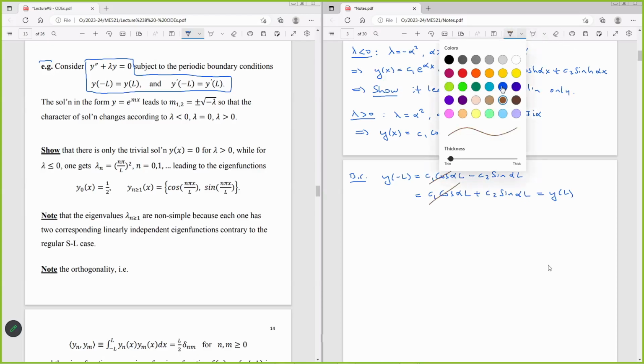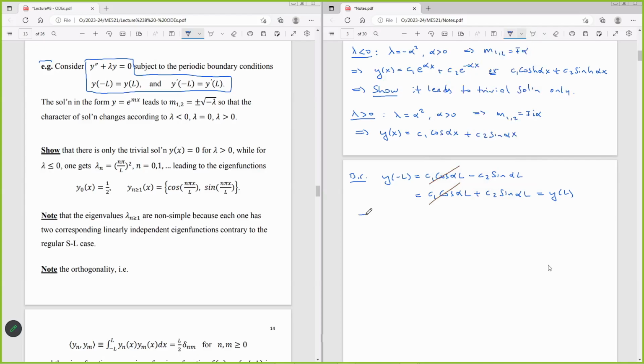So you end up with what? 2C2 sine alpha L to be 0. And you don't want C2 to be 0, right? So I'm going to choose sine alpha L to be 0 for C2 to be different than 0. But let's look at the other conditions. The other BC